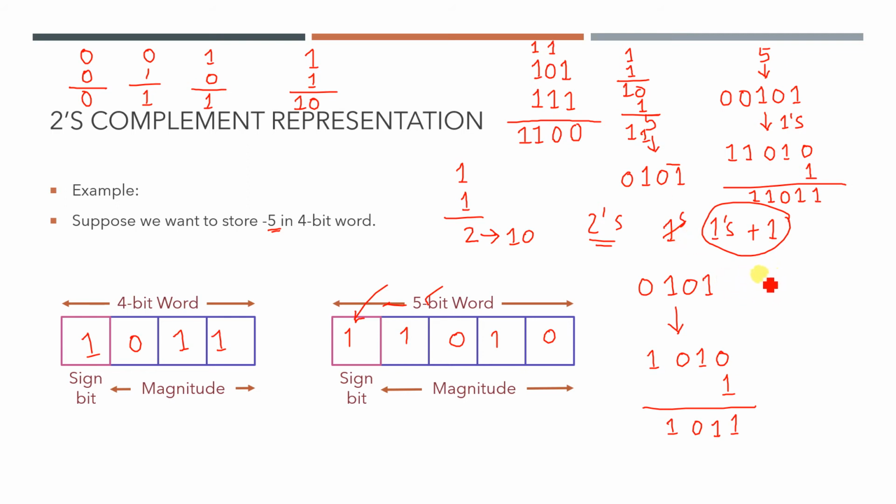Now let us solve another problem so that you will be very much clear. Suppose I want to add 10111 with 1011. Suppose you want to add these two values. So how will the addition be performed? 1 plus 1 becomes 10. So you have to keep 0 and 1 will be carried forward. 1 plus 1 becomes 10, plus 1 becomes 11, like this. So 11 means you have to keep 1 here and carry forward another 1. So 1 plus 1 is again 10, 10 plus 1 is 11. So you'll put 1 here and carry forward 1 over here.